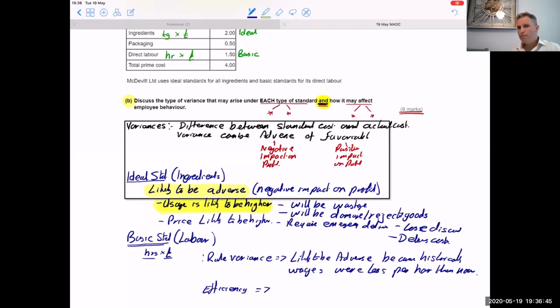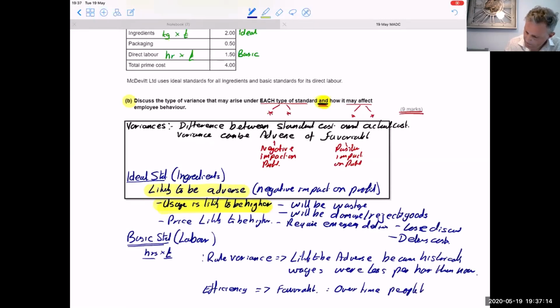Now, I would argue in most factories over the last 10 years, or over any period of time, absolutely. So we've got one person saying it's likely to be favourable. Thanks for that. Absolutely right. I think likely to be favourable because if you've got a factory that's been around for 10 years, I expect that factory to be quicker now at production than it was 10 years ago. Because I'm expecting that over time,